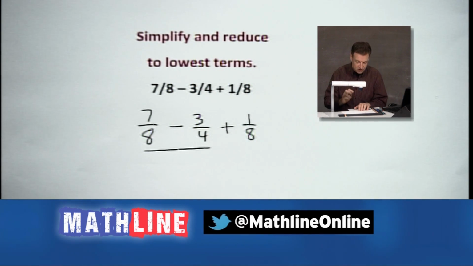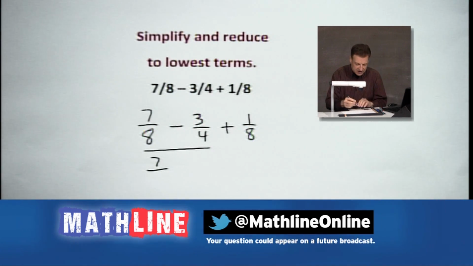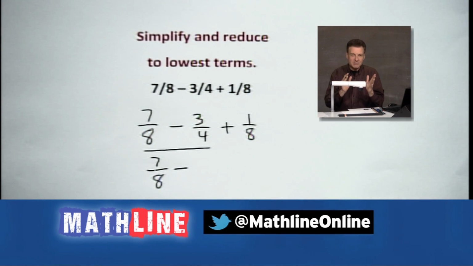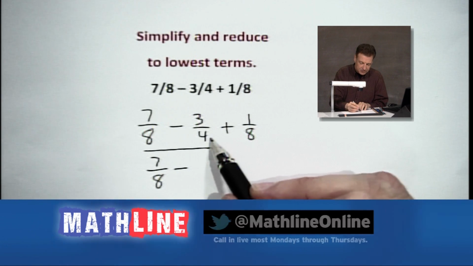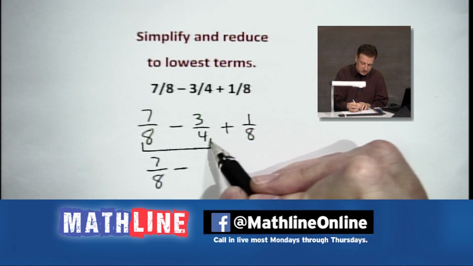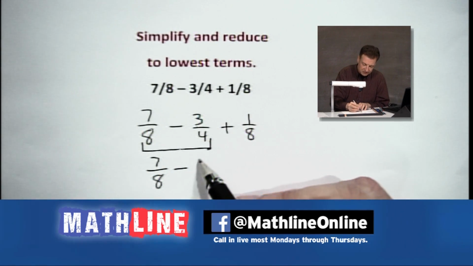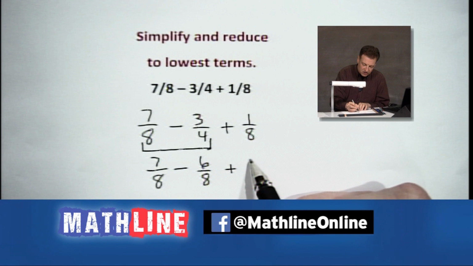All right, so let's go back and review that while we're at it too. Looking at what I've got here, I've got 7/8 minus, I need an 8 in that denominator. I can get one because there's a 4 there, right? So let's see, I'm going to put that there so we don't get confused that maybe I was talking about something part of a fraction there. That's going to give us what? 6/8, right? That's 6/8. We will do that and then we'll tack on the 1/8